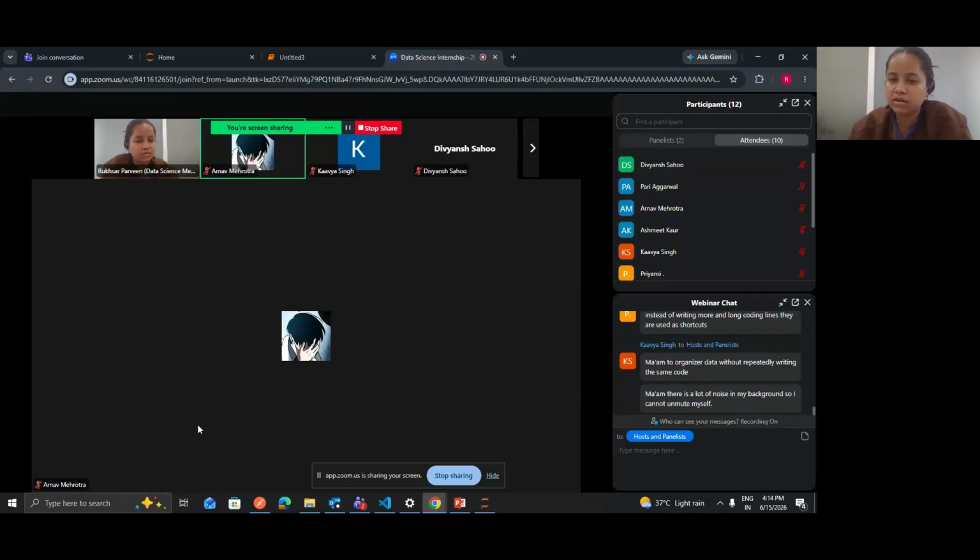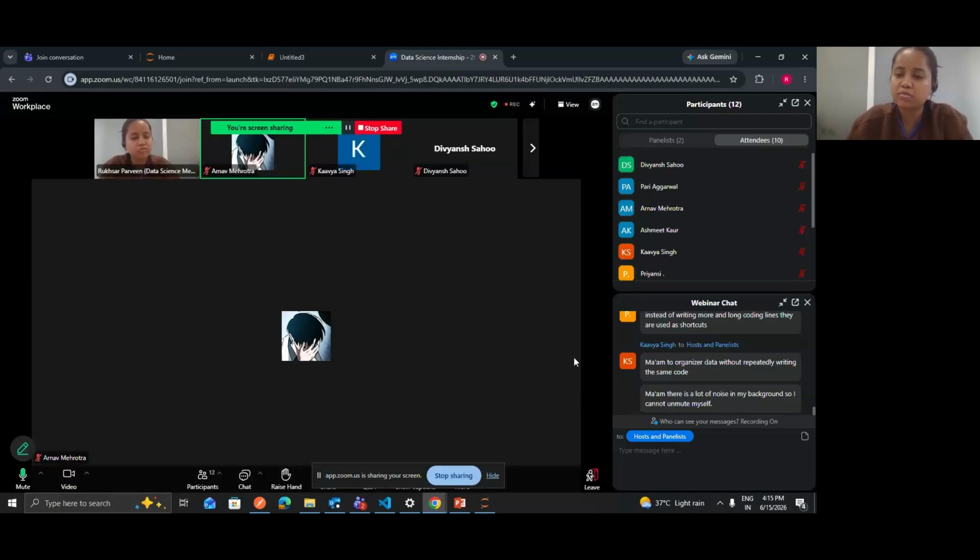As Arnav has given the example, suppose we are building a calculator, and inside this calculator we have different kinds of functions. Every time I have to add two numbers or subtract two numbers, I will have to write the code again and again: take the input, add a plus b, and then return the value. The whole code is being written again and again, which can be optimized by using functions.